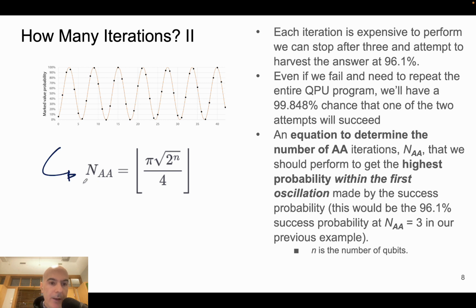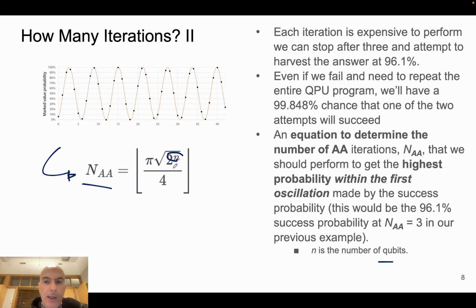The number of iterations that gives us the highest probability within the first oscillation is equal to the floor operation of pi times the square root of 2 to the n, where n is the number of